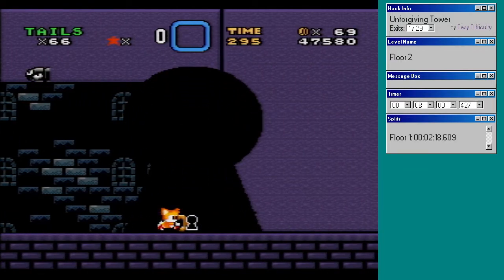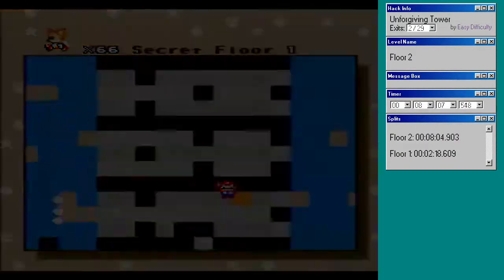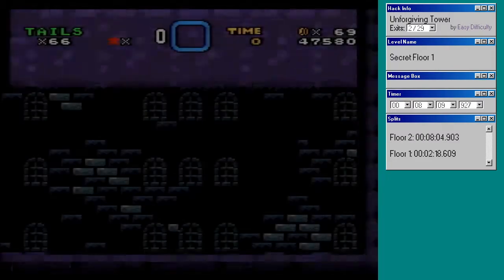Okay, that was an ending. If only Hack Jam allowed teams of 1. Yeah, I know. Secret floor 1. Ooh. This is the same...